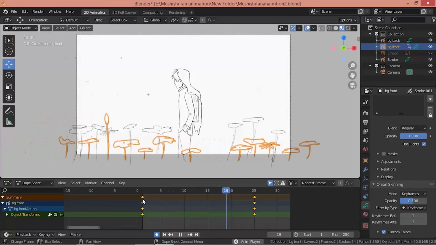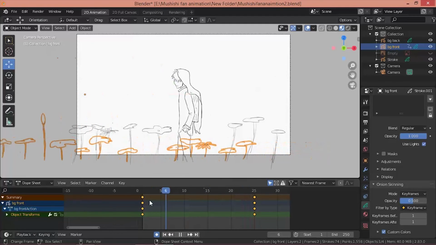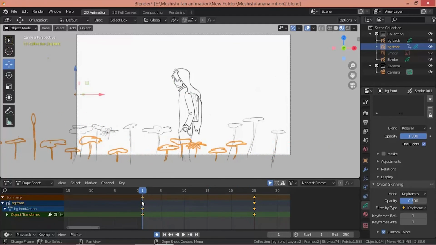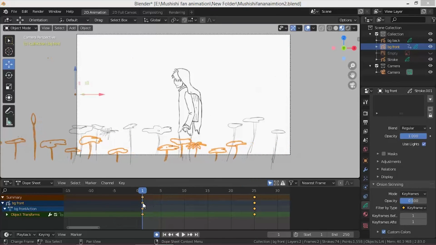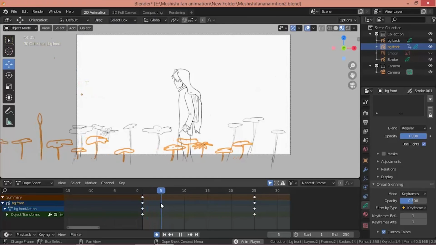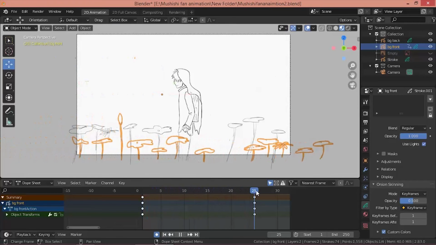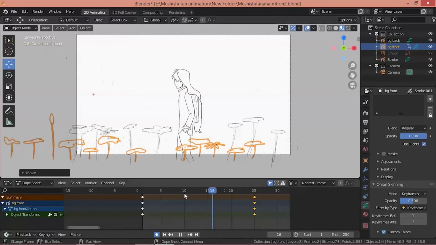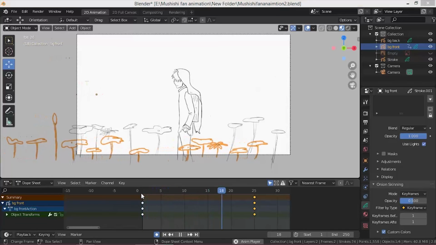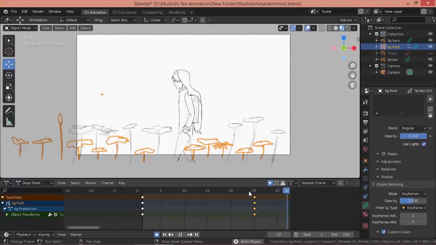So now you see as I scroll through the timeline, it goes pretty fast. Maybe it's a bit too fast, it doesn't match with his walking, and it looks really fast. So what I could do to slow down the speed is, when it's on this keyframe, I can change the position and make it a little bit ahead. So now when we see him walking, it has slowed down a little.